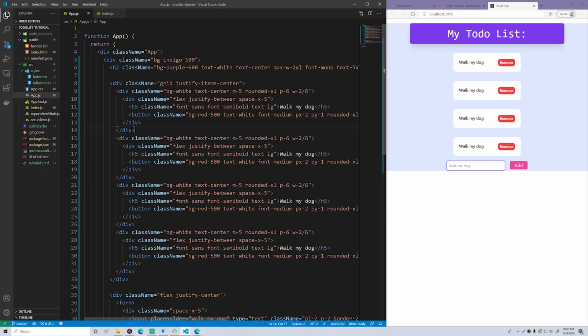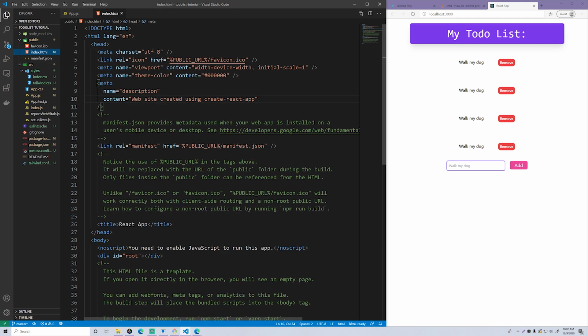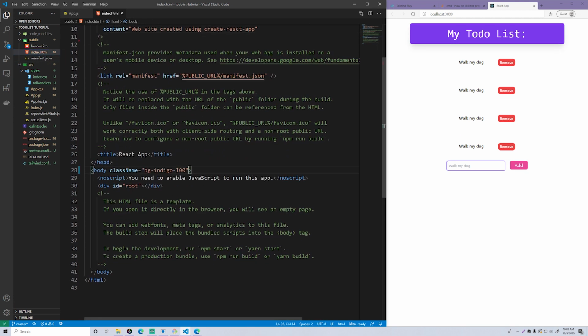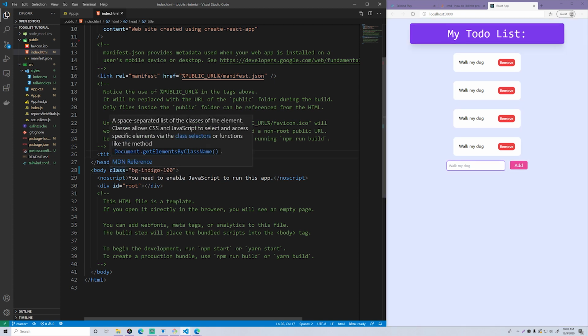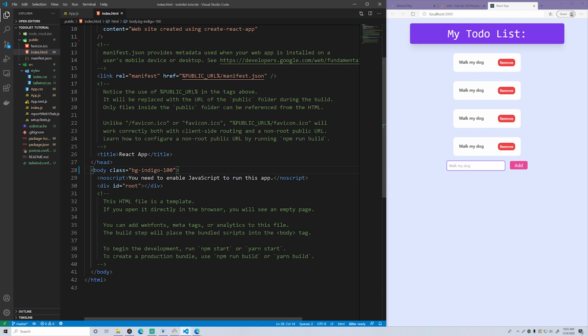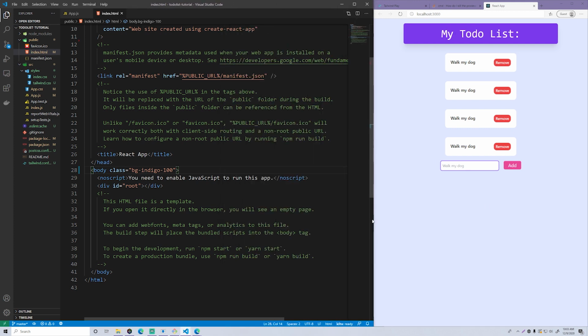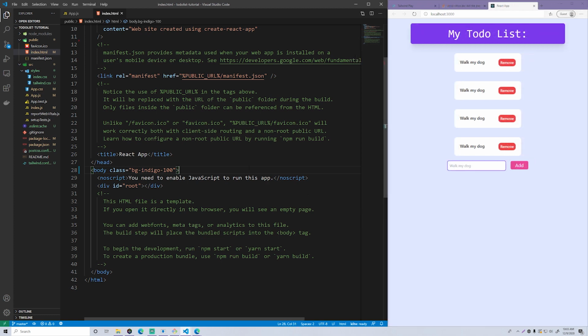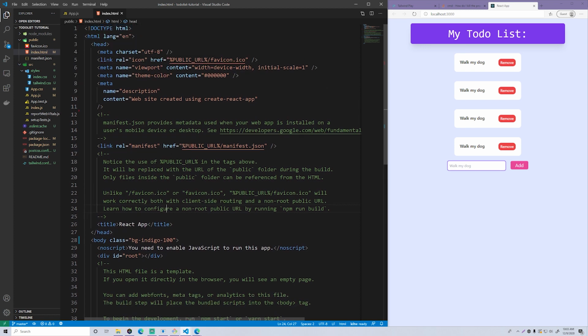So it looks a little weird, but the first thing we need to do is actually fix the background. Instead of doing background indigo right here, let's just apply that to the body. So let's go to our index.html file and go to the body, and we'll set the body to class of bg-indigo-100. And we're not using className, we're using class because it's a regular HTML file. Now as you can see, it's applying to the entire page, the entire body, so that's good. Looks way better. Great, so now that's applied and everything looks good. And what else do we need to do? So yeah, that's it for that styling part.